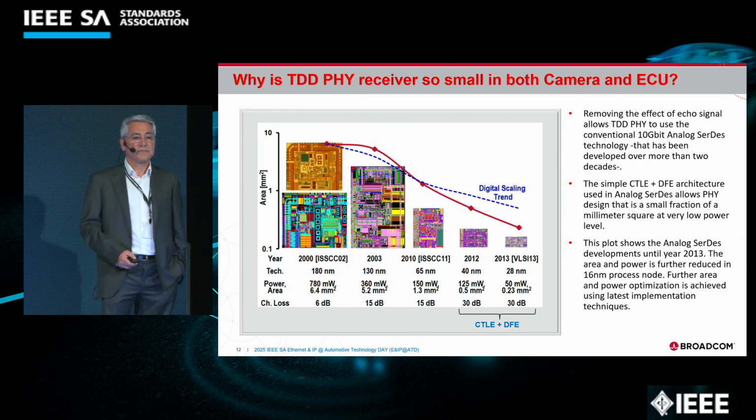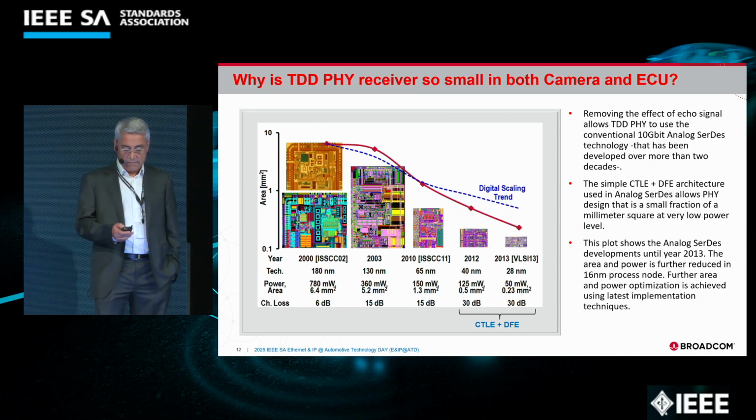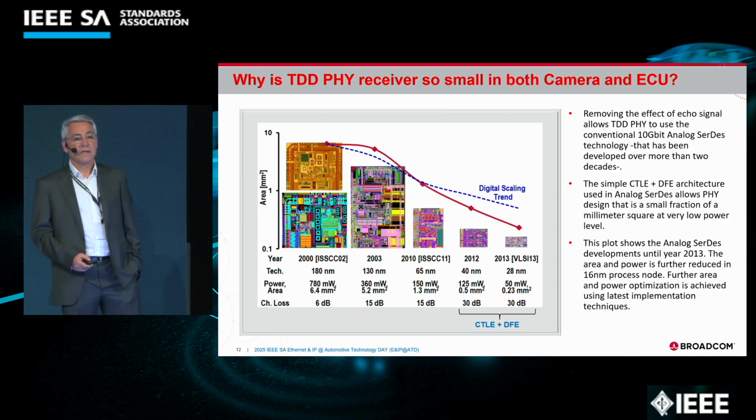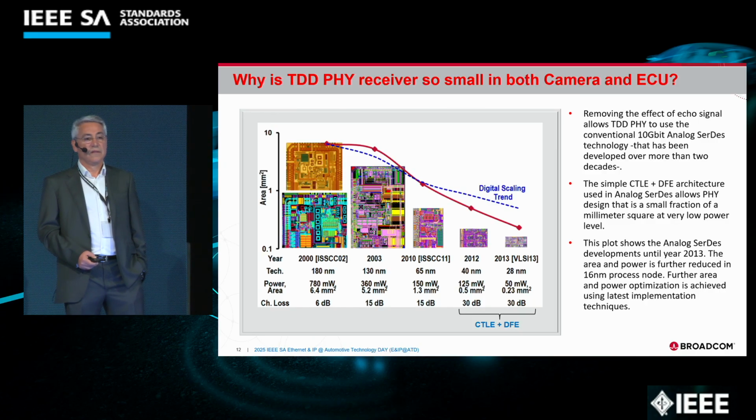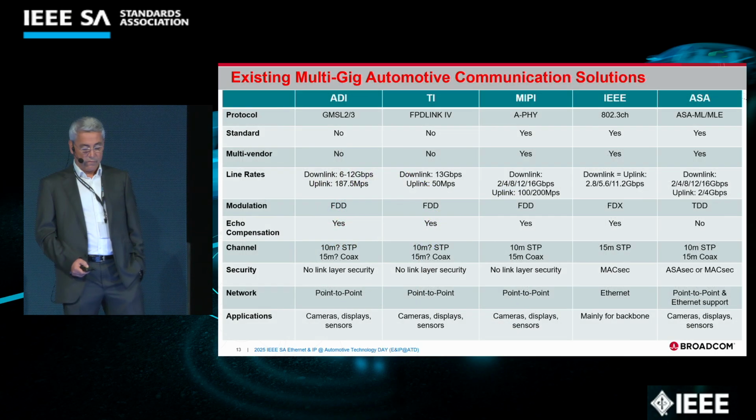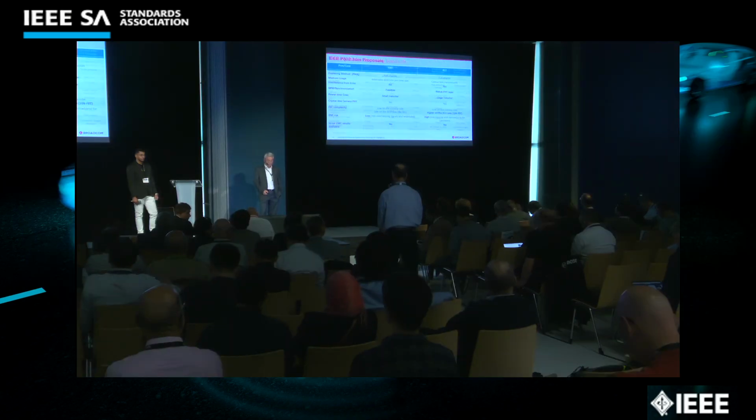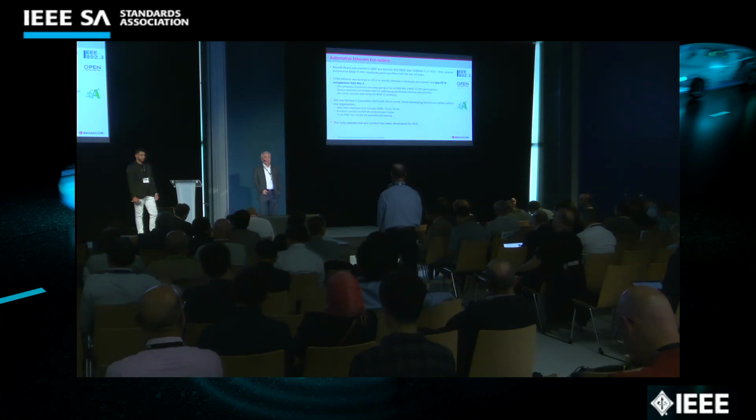that need to be discussed in addition to what can be done in IEEE as well. Okay. So my only comment is that you mentioned again and again that ACT needs echo cancellation. Okay, we have a silicon today that proves that no echo cancellation is needed, either on the camera side or on the switch side. This is silicon proven to meet all the requirements on performance and all the EMC measurements,